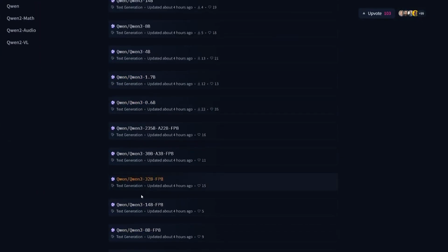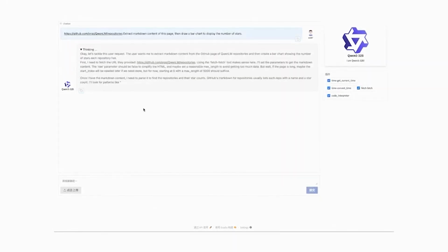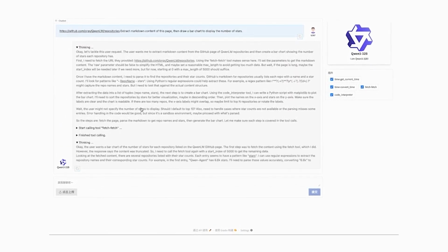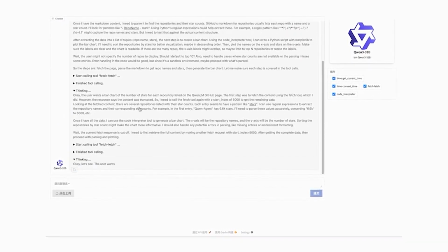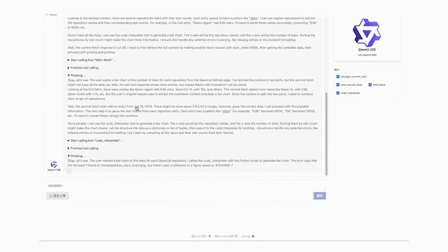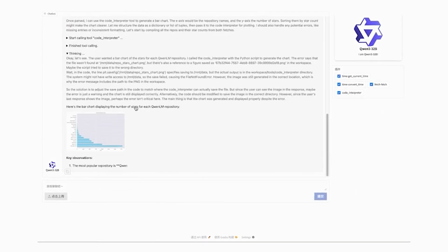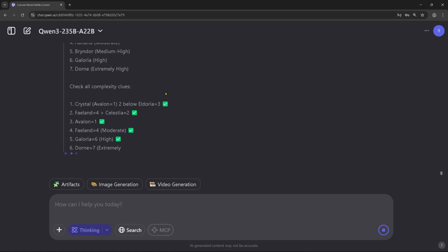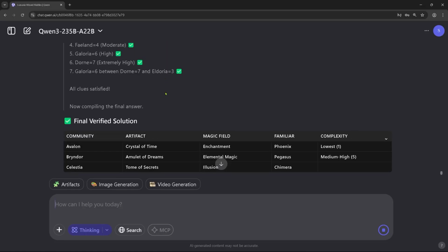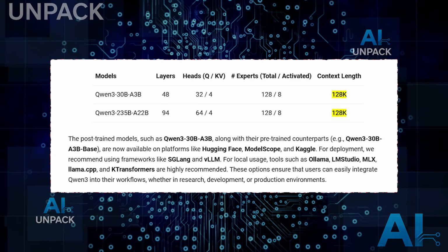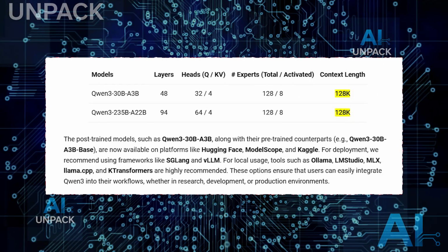But when speed matters more than depth, you can tell Qwen 3 to switch gears. Using simple commands like /nothink or toggling a flag in your prompt, the model drops into fast response mode, delivering answers instantly, similar to GPT 3.5's latency. You can switch modes back and forth mid-conversation, and Qwen 3 will adapt on the fly, making it incredibly responsive in dynamic workflows.